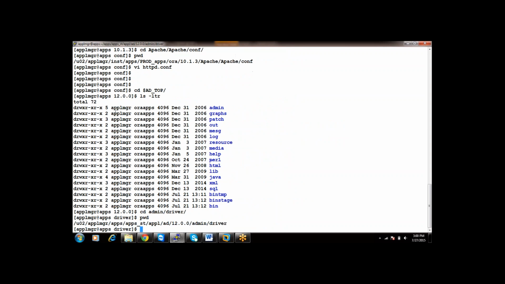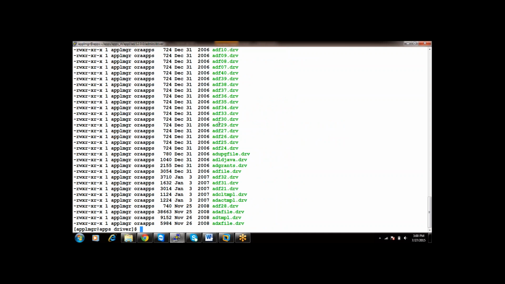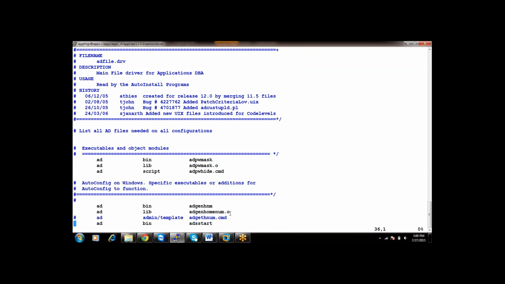Your admin driver directory is the place which contains the driver files information. See how many driver files there are? These are all the driver files. Open any driver file. The main driver file for Oracle Applications DBA, read by auto install programs.